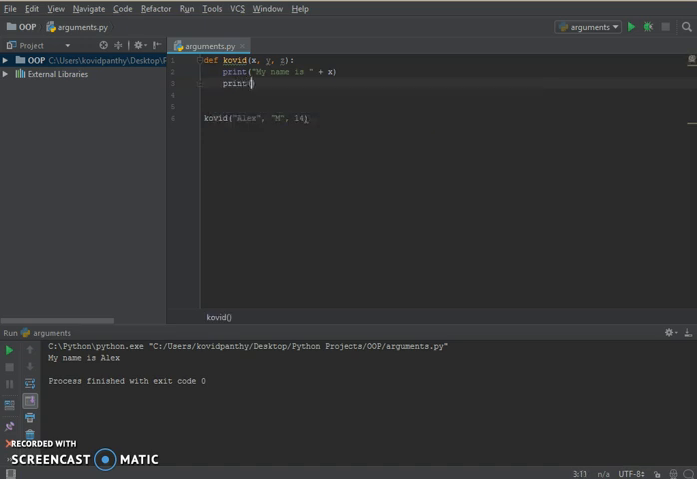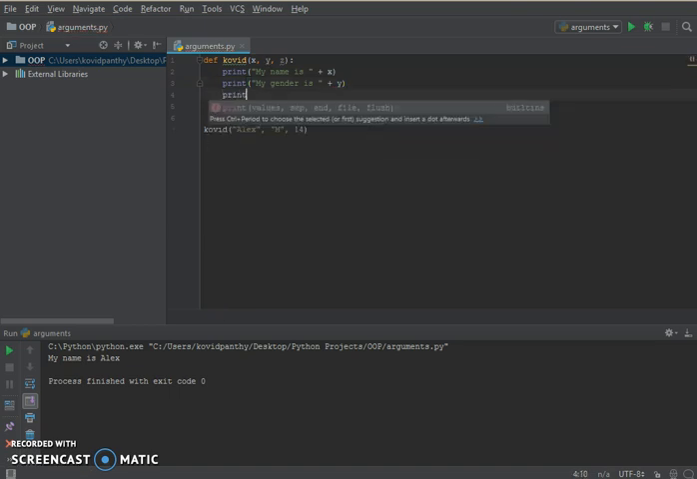Print my gender is, age, and with concatenation. One thing I want to say, guys: joining a string with a string is called concatenation. So if I put it like this and pass y here,